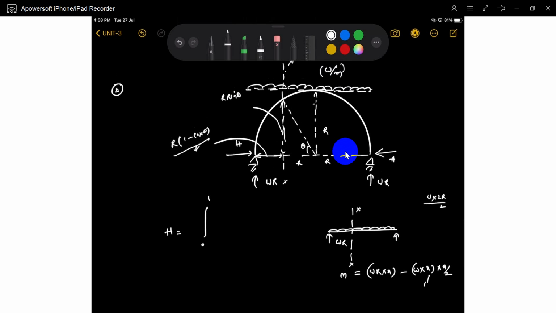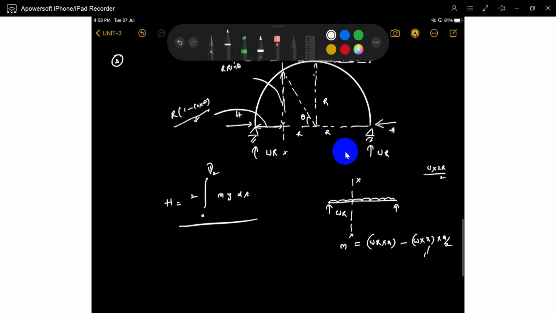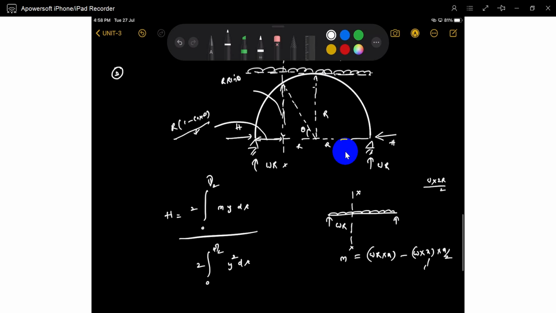Now also you will take it 0 to pi by 2. You can write it the same, half, exactly symmetry. Pi by 2, that M Y ds divided by, you can write 0 to pi by 2 y ds y square. That is exactly H. So now M is changing because uniformly distributed load is acting. So the extra term you will get, this is the extra term.